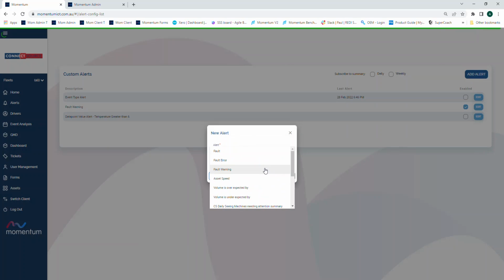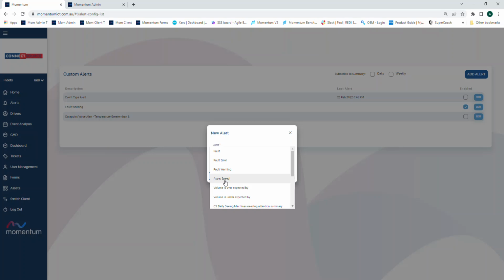Currently, we can send out via email to any number of recipients when any of these things are triggered. There's also the option of doing a text message as well. If you want to do text message alerts, then there's a small fee per text message that we pay straight to the gateway. It's fractions of a cent per text message, but these days with coverage and mobile phones, and even being on mine sites where there's sketchy phone coverage, email is usually the better option. So you can pick any time a fault happens, for example, anytime an asset speed goes over or